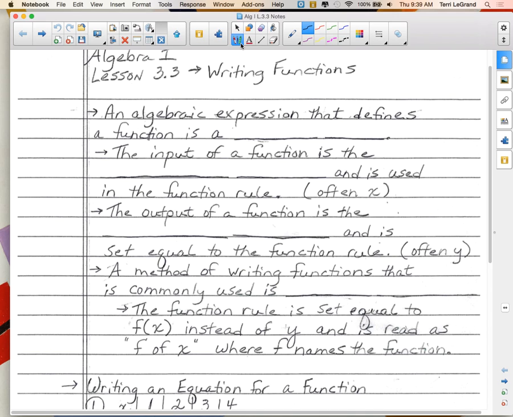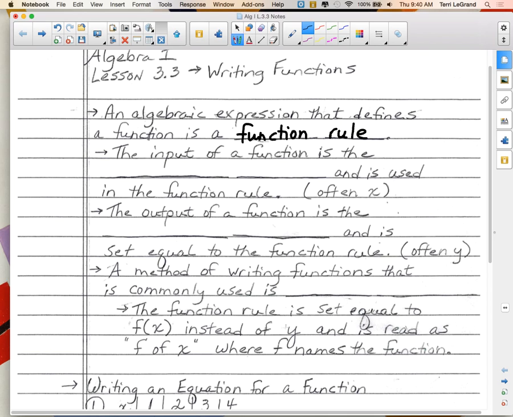So first of all, we're going to talk about how can we write functions and what are all the things that we need to know about them. So an algebraic expression that defines a function, in other words, it tells how the function operates, we call that a function rule. Okay? So when we have an algebraic expression, which we know what an algebraic expression looks like,